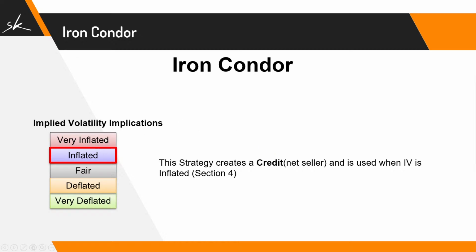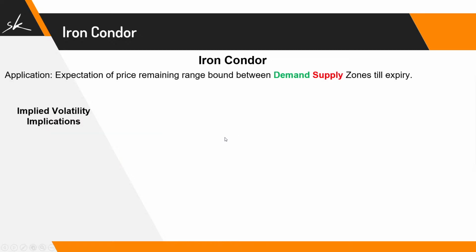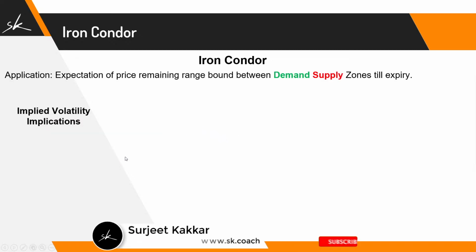So when we know that our exposure to Vega is really nice when we are very inflated, the deflation in Vega can pay us really well. So why not use a short strangle in section 5? Because if we apply this strategy, the advantage we can get from that Vega, we will be reducing that advantage. So that is what the challenge is. But still, if you want to do it, no problem with that.